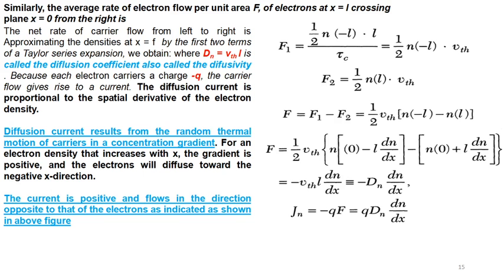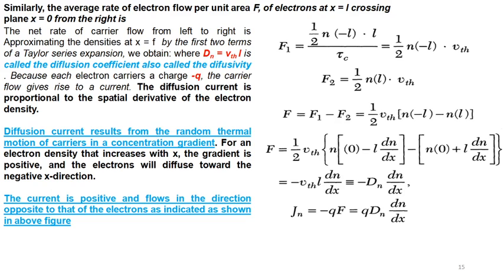Then we can write the equation at x equal to 0, that is when x is equal to L crossing at the right. From that we get an expression in terms of F1 and F2, the right equation in terms of electron density and mean free time. Then we get both values F1 and F2, and from that we have a net flux F equal to F1 minus F2, over minus L to plus L, and F is equal to minus Dn dn by dx,